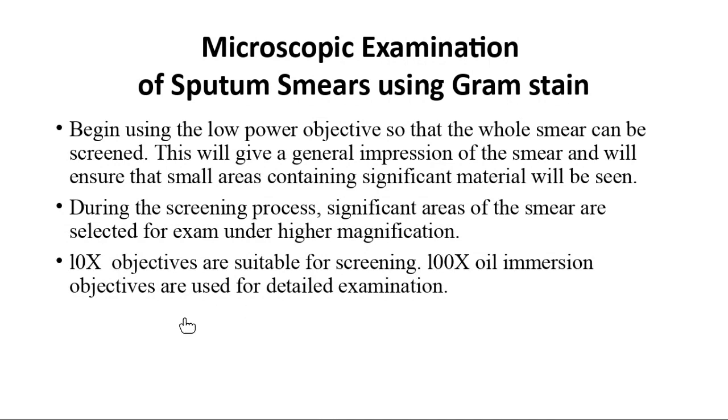It will help you find the right place for the examination. When you find the right place, where there is no thick smear but a very fine smear, you can see the field very easily. Then you shift from the 10x to the 100x, the third lens, and see under the microscope which type of elements are present in this field. So my question is, which type of elements will you find?